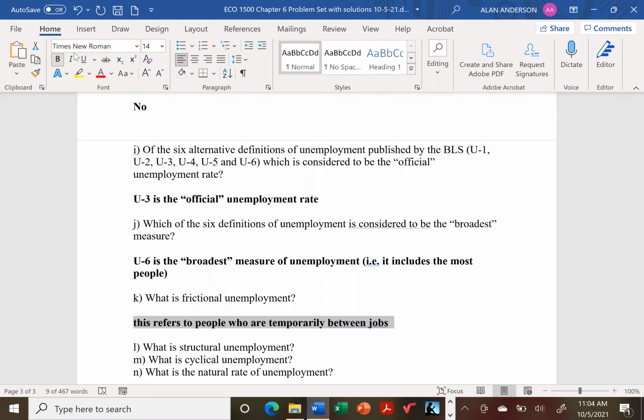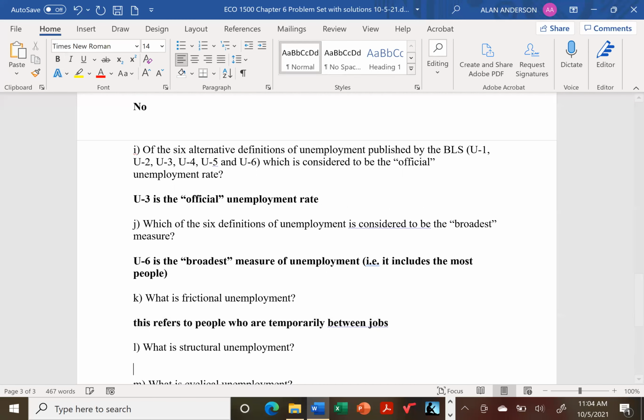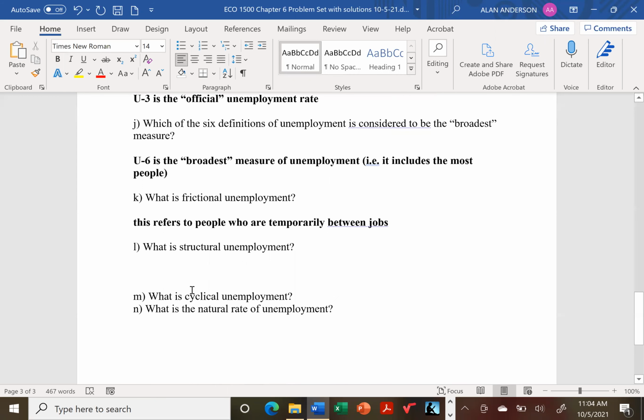Even in the United States, you can get rid of people fairly easily, but it's not that easy. You do have to have a valid reason to get rid of people, even in the United States. Obviously, in France, as they said in the videos, hiring a worker is like going on a blind date where you must marry the person, because you're basically stuck with them forever. So frictional, you see a ton of that in France, and not so much here. And structural,